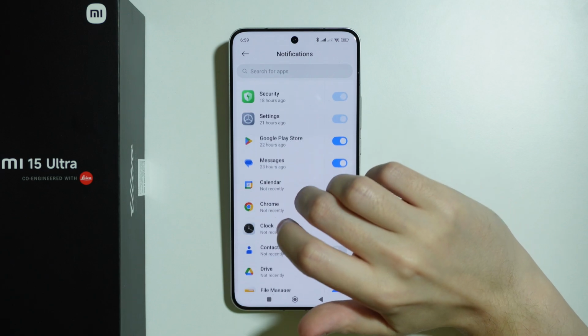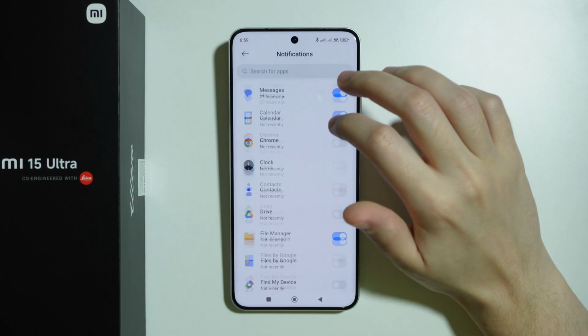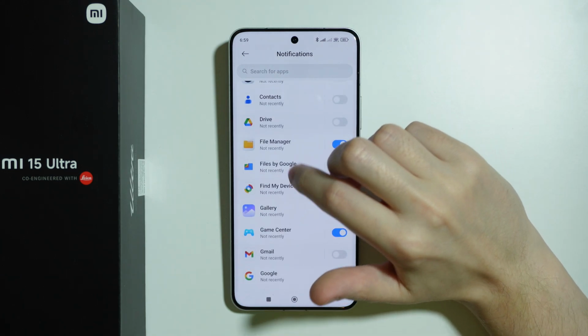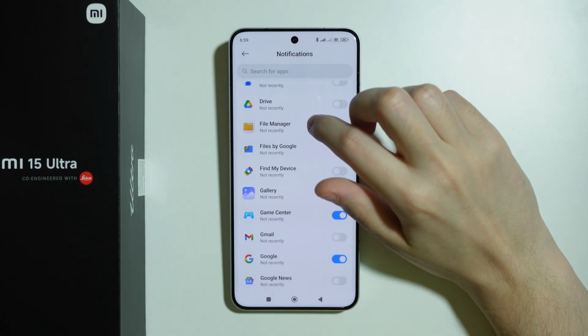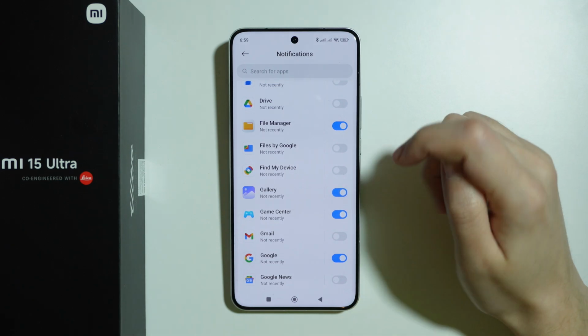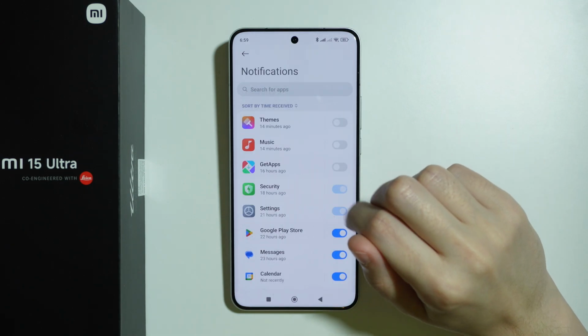This is sorted by the time when we received a notification, so the most recent notifications will be at top. Now over here we can quickly enable and disable notifications by tapping on the switcher on the right side, but